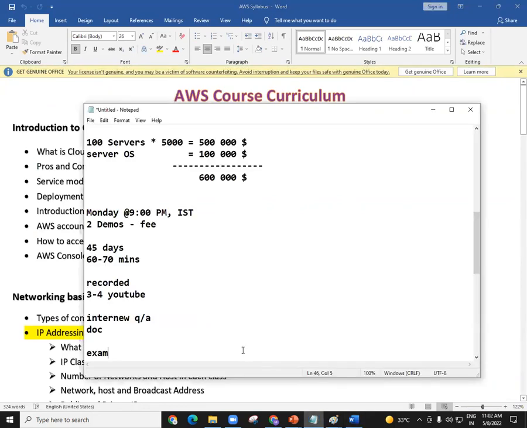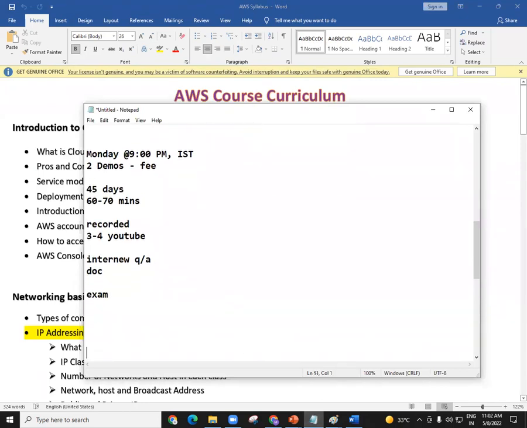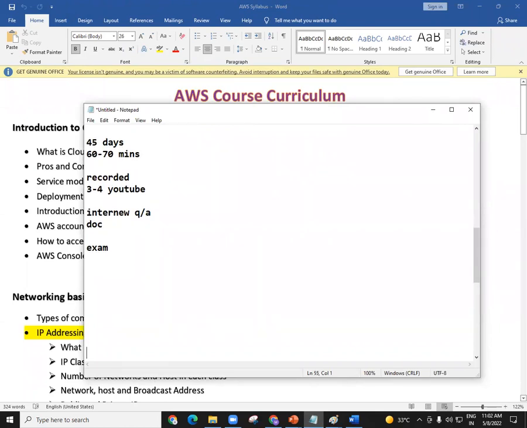Okay, there is a question here: will these classes help us to clear the AWS certification? Now, I'll try to put this in a simple way. There are some stages. One is learning. Right now, you're in the learning stage. After learning, then we have the exam. Then we have the interview. Then we have the job, or work, whatever you say. These are the 4 stages you have whenever you do any course.